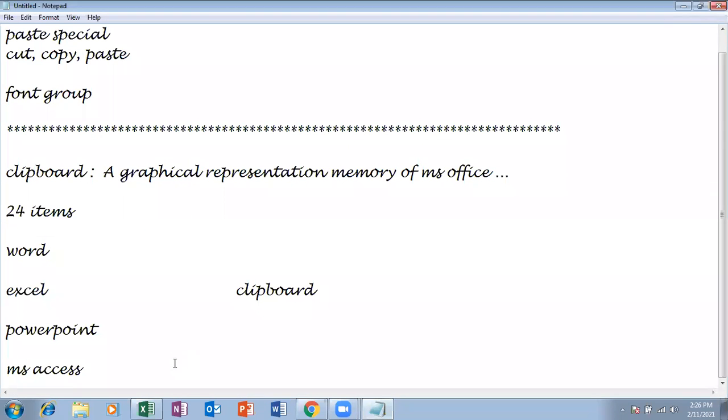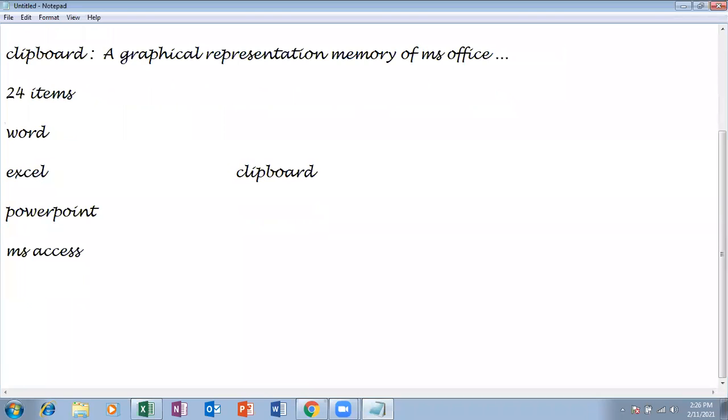So basically, we will be having two types of copies, and 14 types of paste options in Excel. In Excel, I can copy content or data in 2 ways. And I can even paste that content or data in 14 ways. That is nothing but called paste special. And now we are going to see how to do those 14 paste special options. Is that clear?